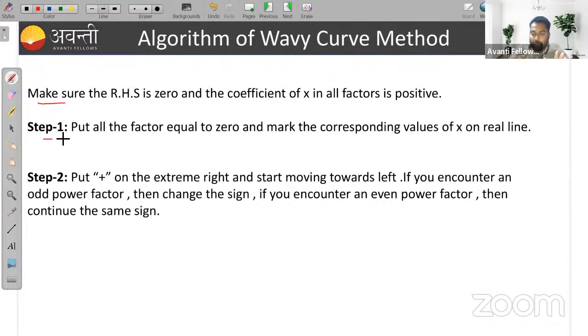You can easily understand this by taking an example. I am just telling what the procedures are. Step 2: put positive on the extreme right and start moving towards the left. If you encounter an odd power factor, then change the sign. If you encounter an even power factor, then continue the same sign. This is completely blind for you if you don't take an example. Let's take an example